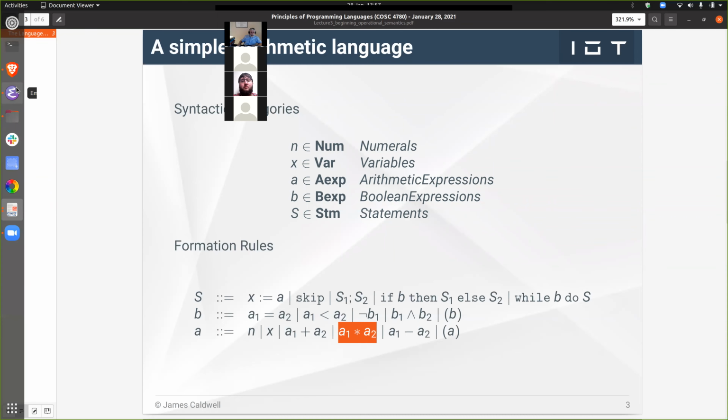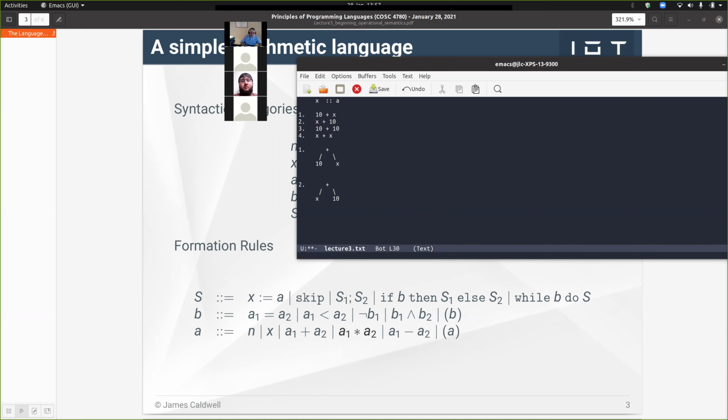If we add that, all of a sudden I can have expression 5, which is 10 times X plus 5. Now here we start to run into a problem because in and of itself, unless we adopt some kind of conventions, there's actually, this expression could be